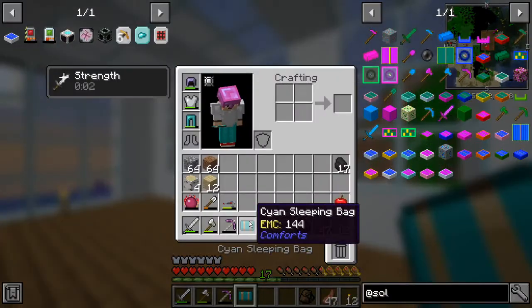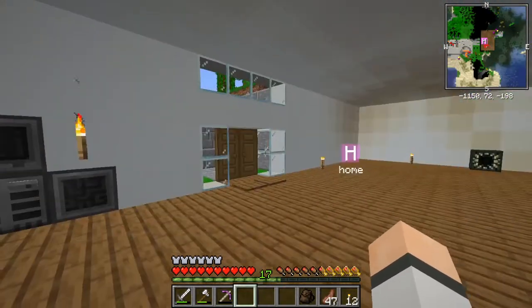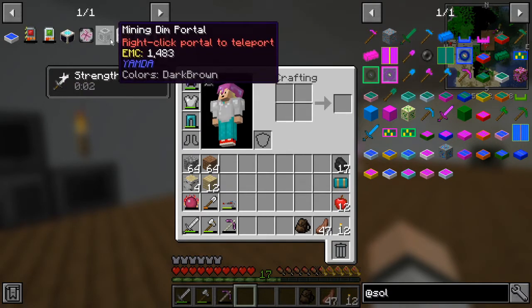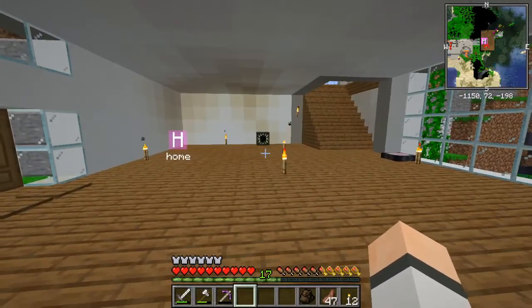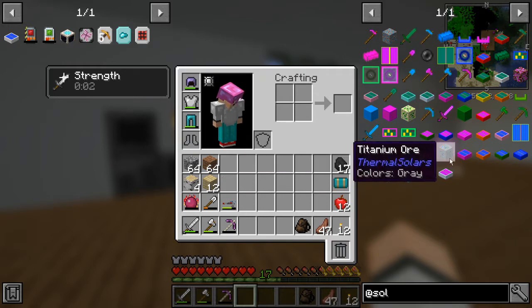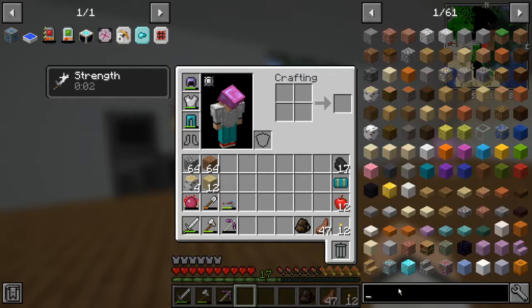Anyways. Besides my ability to, you know, pack dev and all that. Oh yeah, that reminds me, I've made the mining dim portal already. Nice. Anyways, I need to find titanium ore. So, I guess I'll add that to my to-dos. But there's also